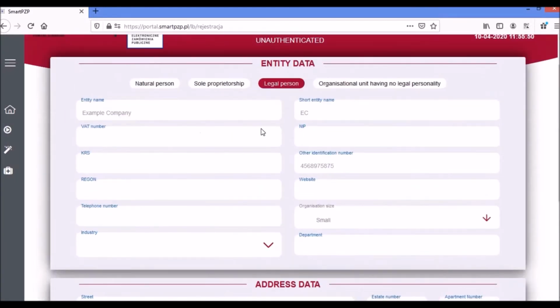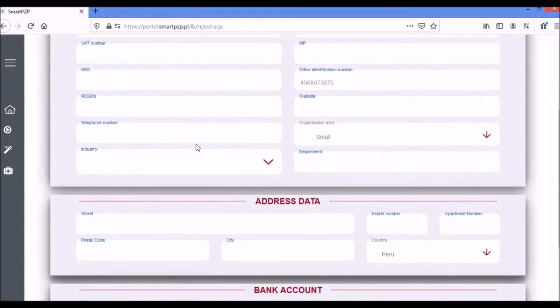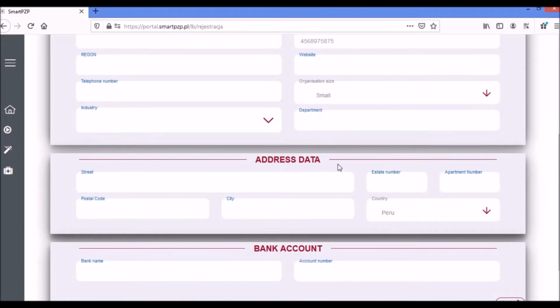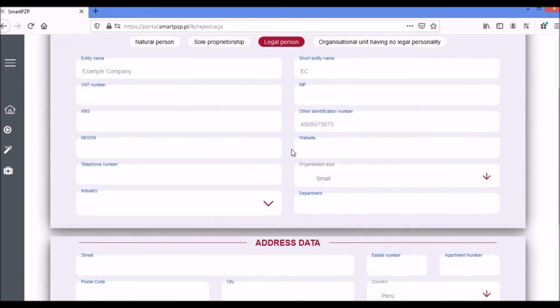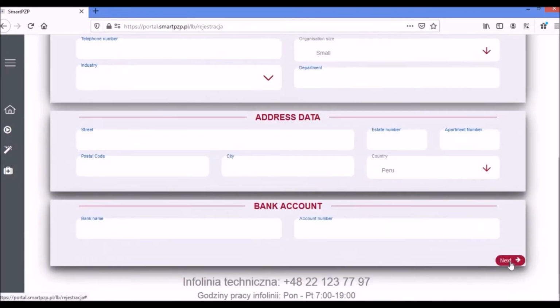These fields are necessary. Of course you can fill the other fields, like your address, your bank account, but if you don't want to do this, you don't have to. These you can fill in later when your account is created. There is a possibility to edit your data. So we are choosing the next button,